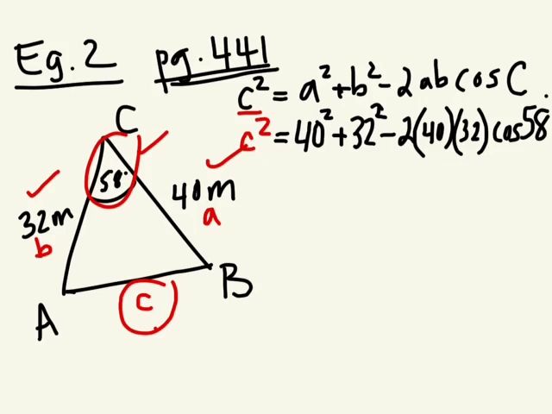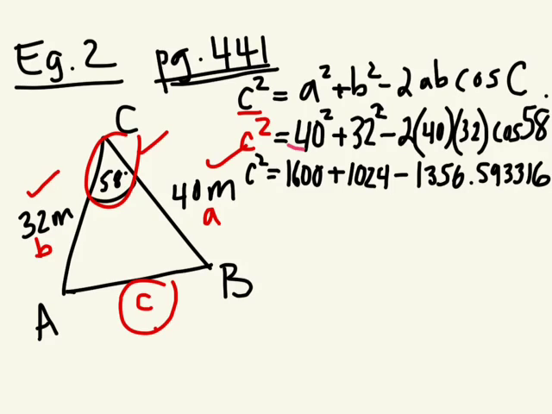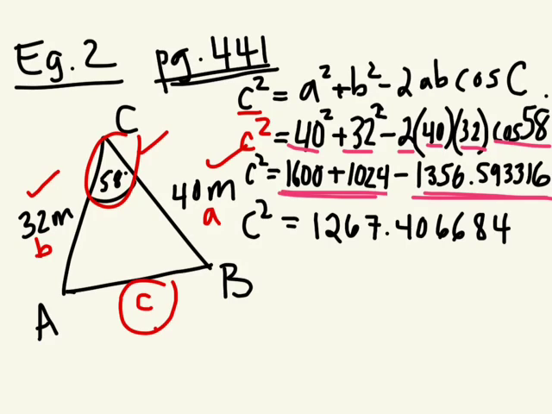58. Okay, so all you need to do now is use BEDMAS and solve. First thing I did was 40 squared plus 32 squared. Then I multiplied 2 times 40 times 32 times cos 58, and this is what I got. Again, we're going to follow BEDMAS. Add this together and subtract it by this. By that, I get c squared is equal to